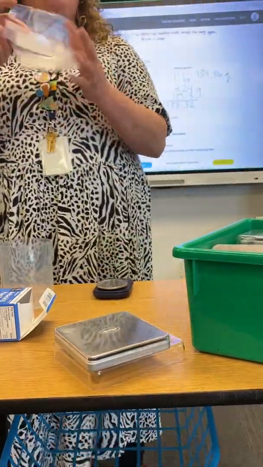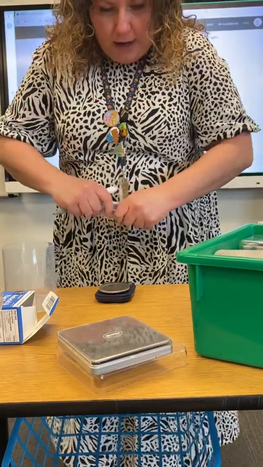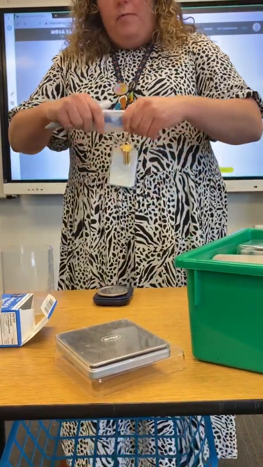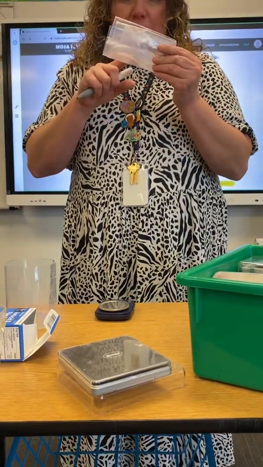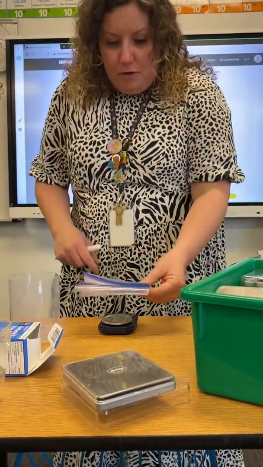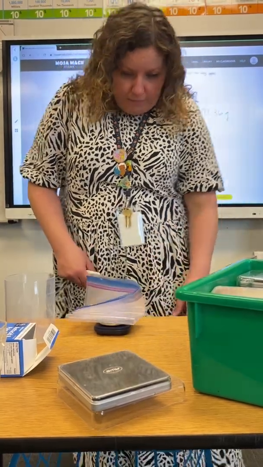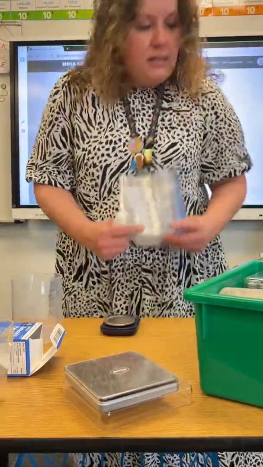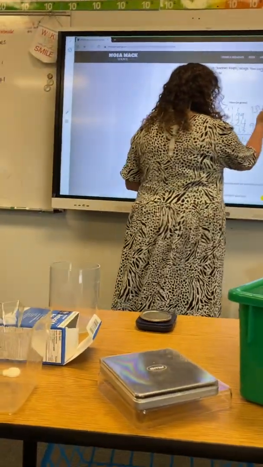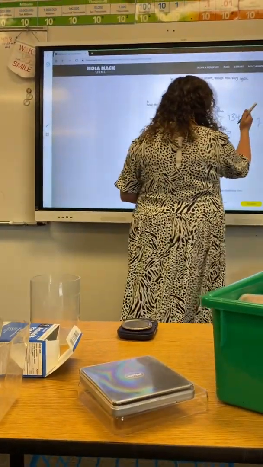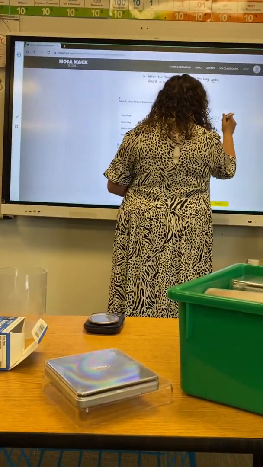I'm gonna weigh this one more time just to make sure that we have it pretty much correct. Otherwise, now the other problem is there's nothing we can do about it. There's gonna be air in this. And air does weigh something. You might not think it does, but air has matter in it and therefore weighs something. Yeah, see this one says 11.89. So if we say 89's right, that would be 0.26. So we'll say about this.